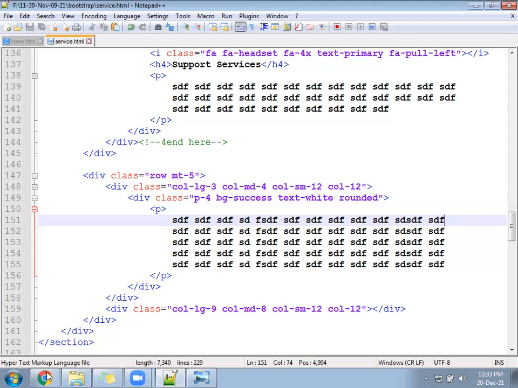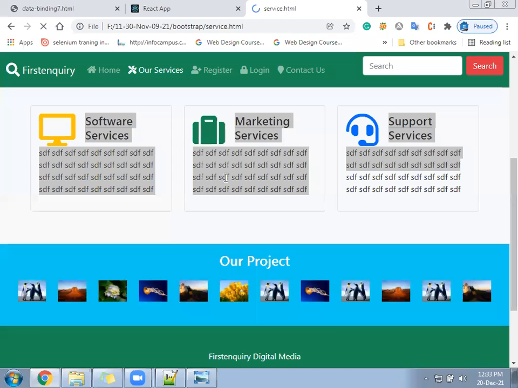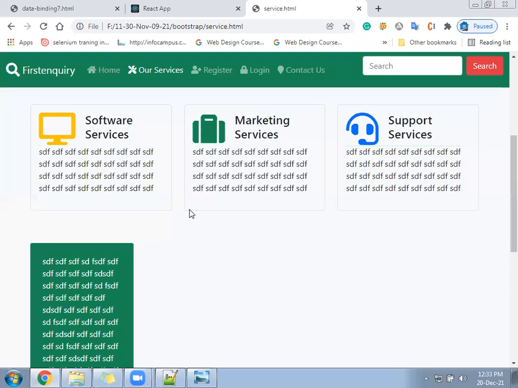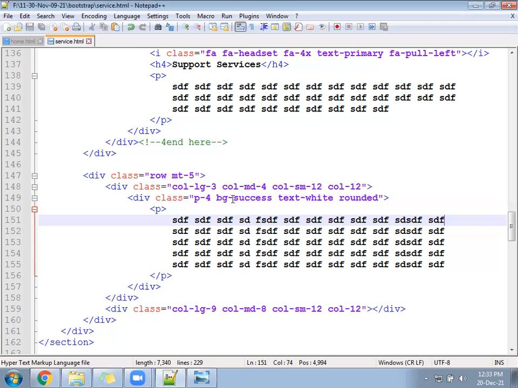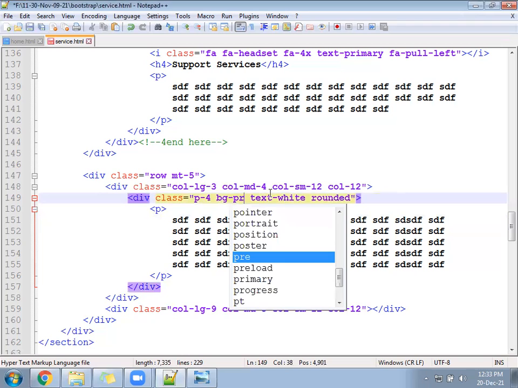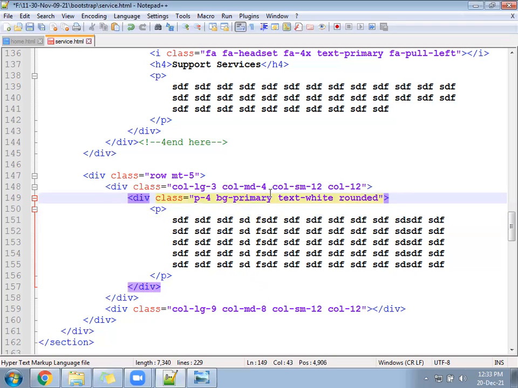Okay, hope it is written. We check on the left side. Green block with some content. I think green we can convert into primary. Green you can convert into primary, it will look highlighted. Primary, primary.